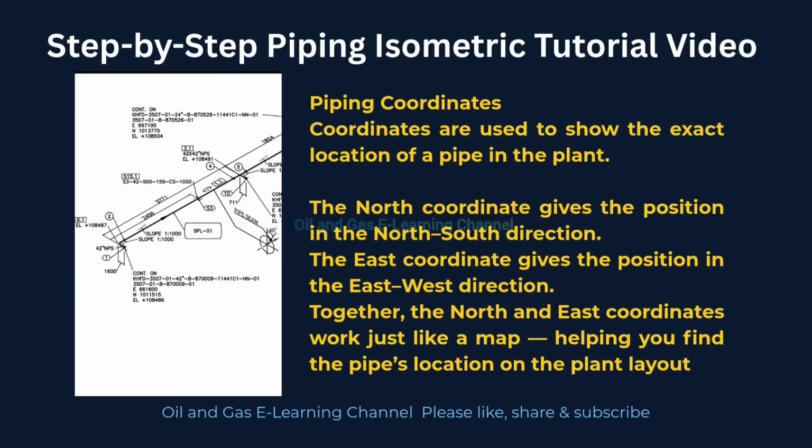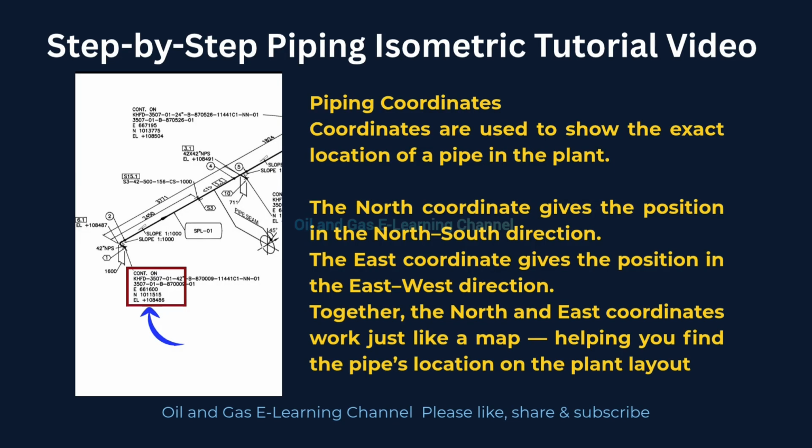Section 7. How to read and understand piping coordinates. Now let's learn how to read and understand piping coordinates in an isometric drawing. Coordinates are used to show the exact location of a pipe in the plant. The north coordinate gives the position in the north-south direction. The east coordinate gives the position in the east-west direction. Together, the north and east coordinates work just like a map, helping you find the pipe's location on the plant layout. For example, if the drawing shows north is equal to